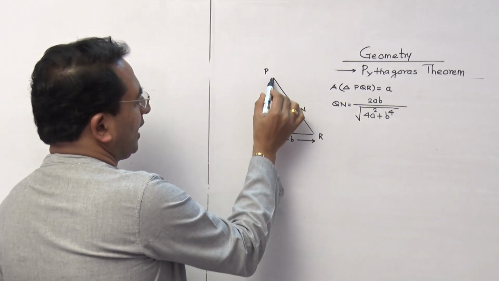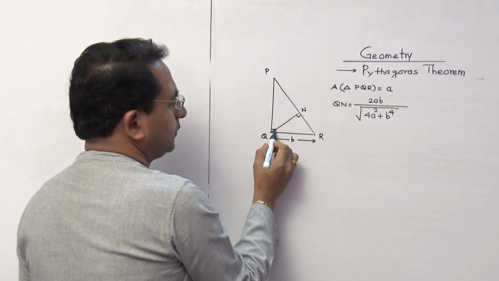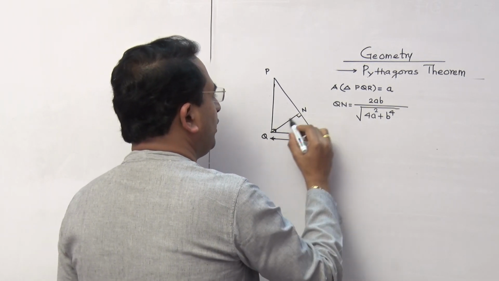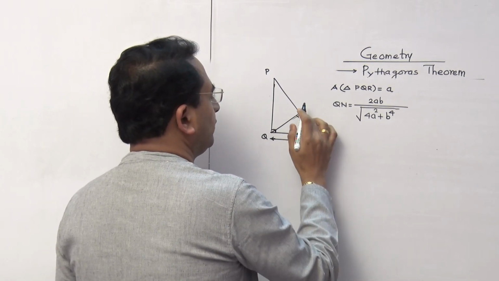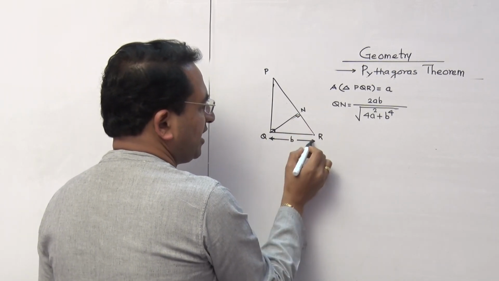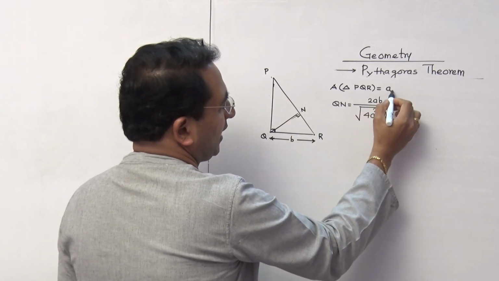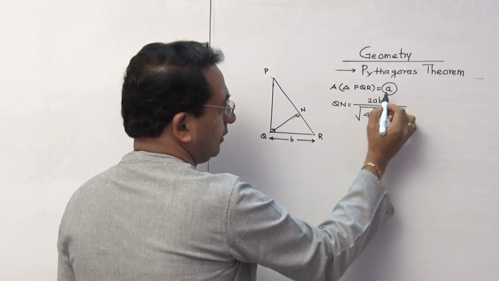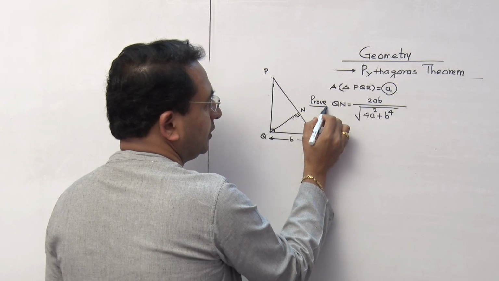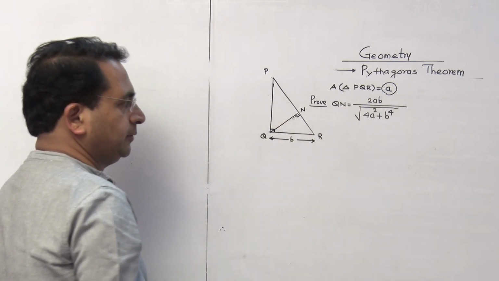Now they have given one triangle here, that is PQR, which is 90 degrees here. So it is basically a right angle triangle, and on the hypotenuse we have drawn the perpendicular from the vertex Q. Now this length they have given already as B. They have not given the height, but they have given the area of the triangle as a small letter A. And this is the thing that you are asked to prove: prove that QN is in terms of A and B.